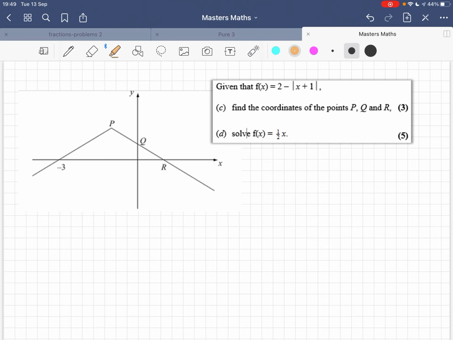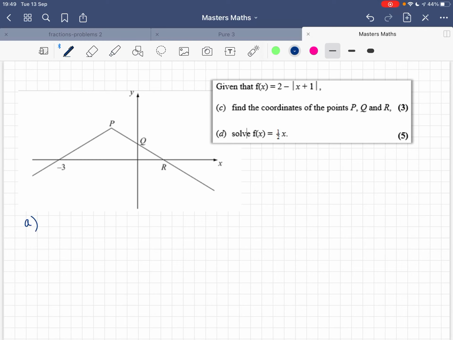Given that f of x is 2 minus modulus x plus 1, find the coordinates of the points P, Q, and R. So they've sketched the graph for you. They just want you to work out what the coordinates actually are. And then again, part D, solve your modulus function equal to a half x. For part A,